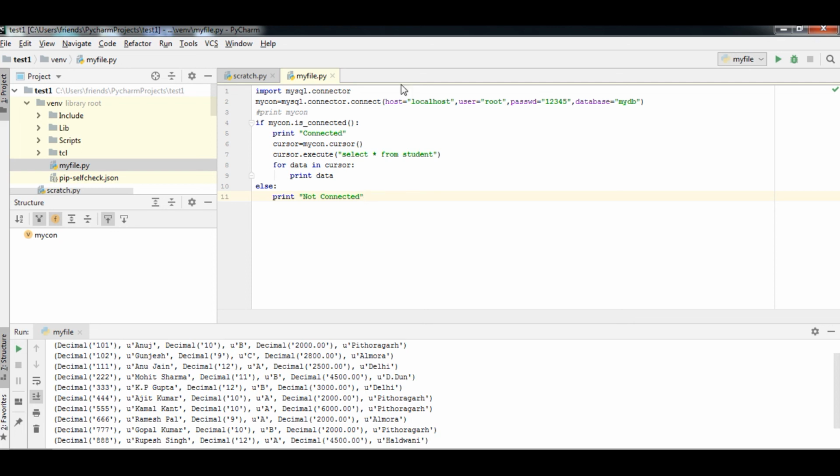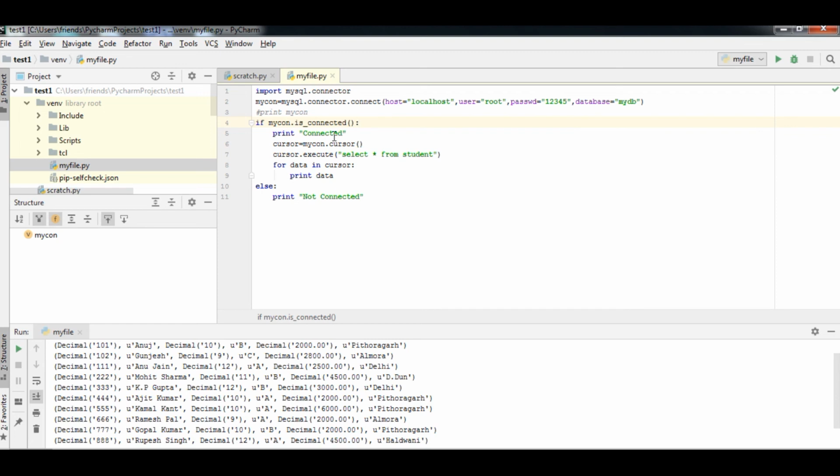Once more, to review: first of all we have to import MySQL connector. Then we type the connection establishment statement. Then we check whether the connection is established or not, with an if condition.